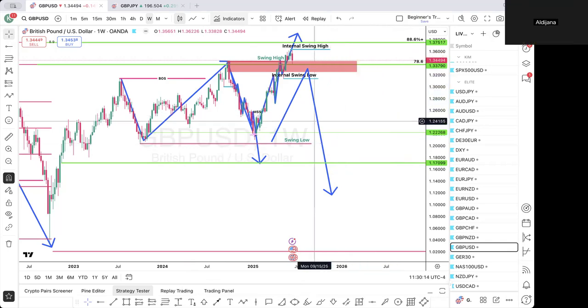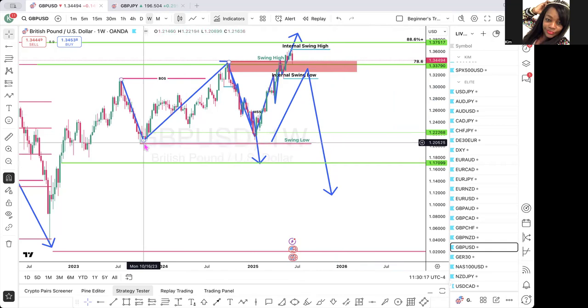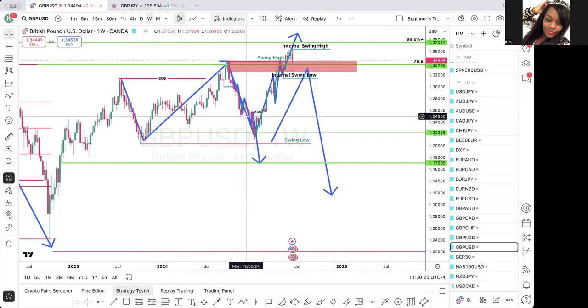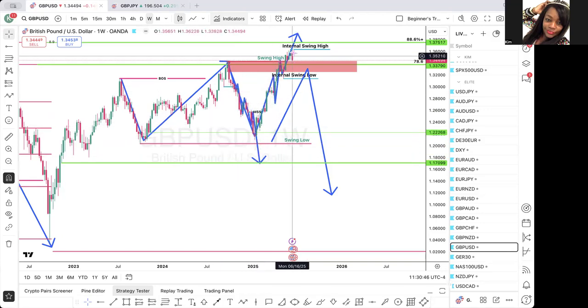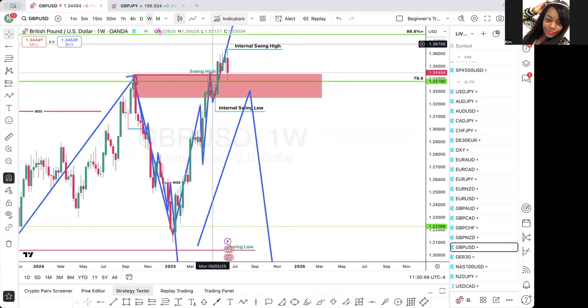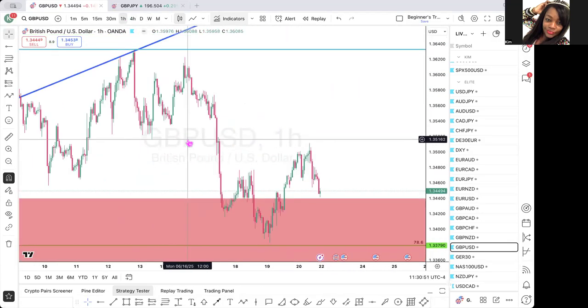But because price never broke this swing low, this was the structure. Your thought process is to always expect price to pull back to your 78 or 88, 618, 78, 88. I personally only want to trade from the 78 or 88. So once price came back to that zone, I was expecting a continuation,